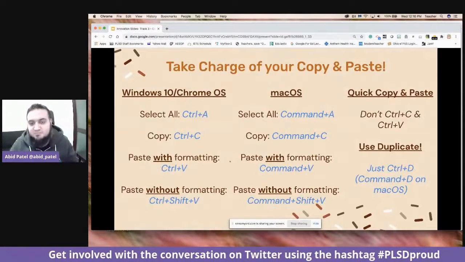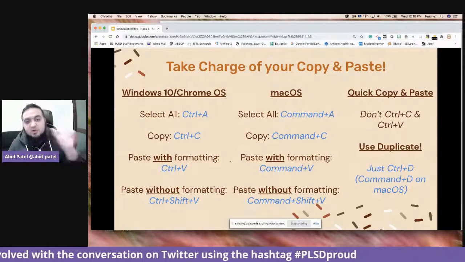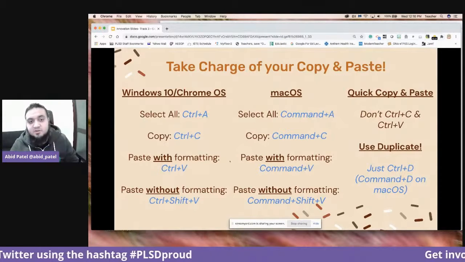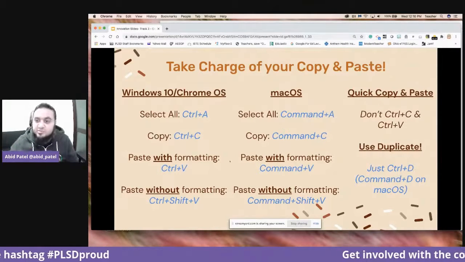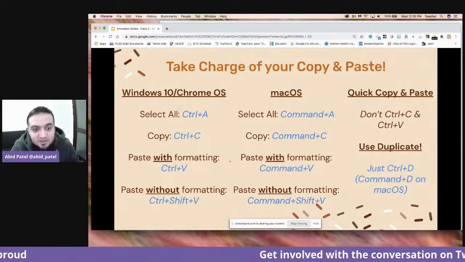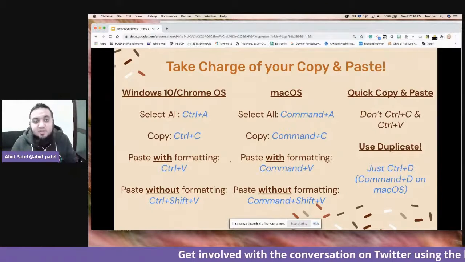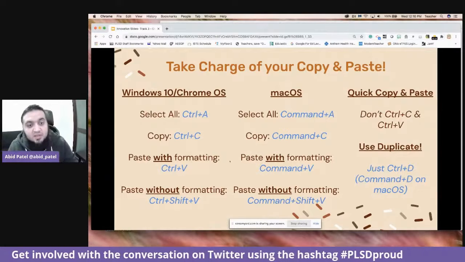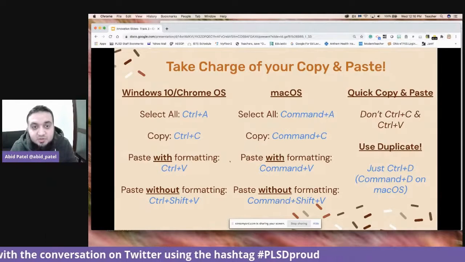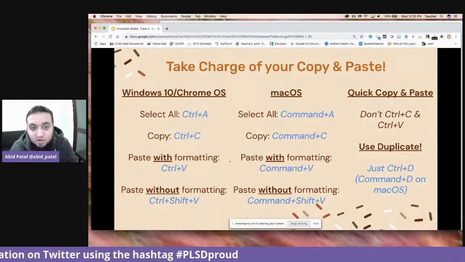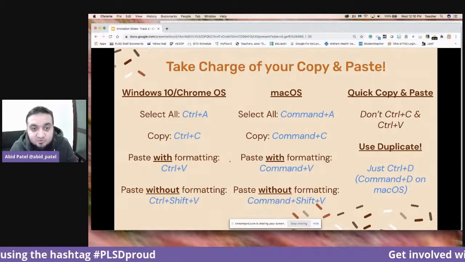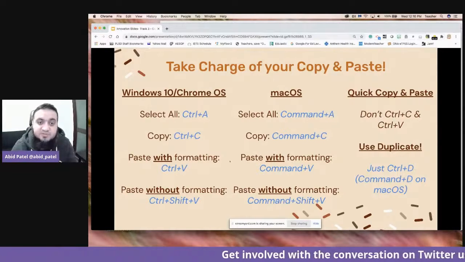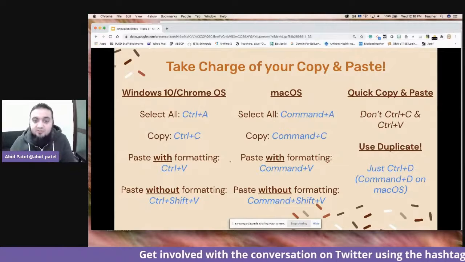This is something that used to hit me all the time when copying and pasting from somewhere and then pasting it into a Google Doc or a Word document or a PowerPoint or a Google Slide. It always used to copy over the formatting from the other document and really mess up the way I was trying to format my own document. But as we all know, Control A will select all, Control C, copy, and then the regular Control V just